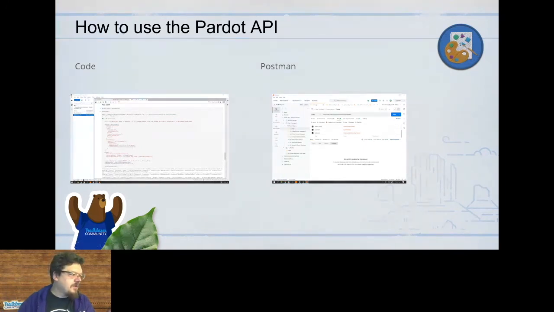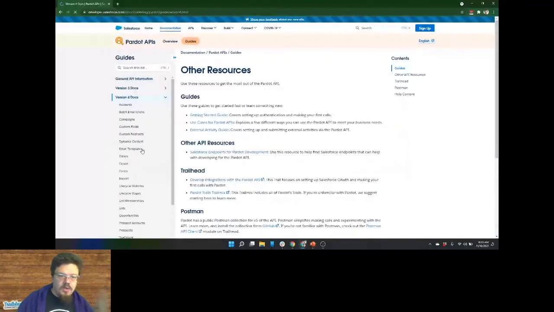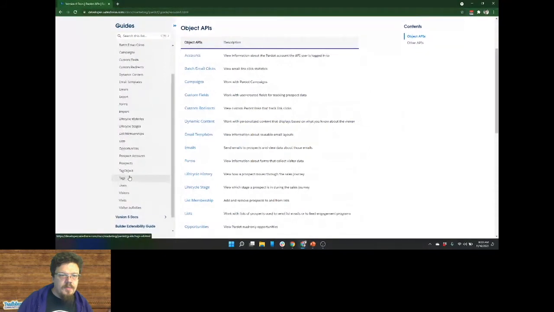let's pull up the documentation again. API docs. We're going to go to prospects.